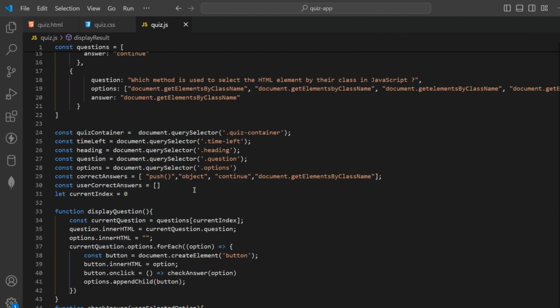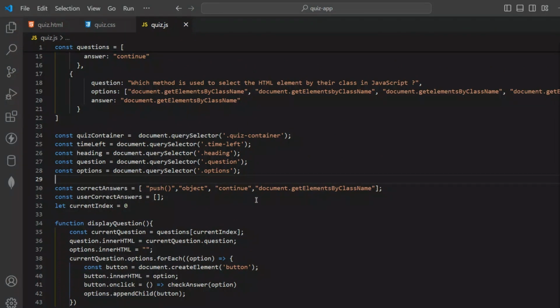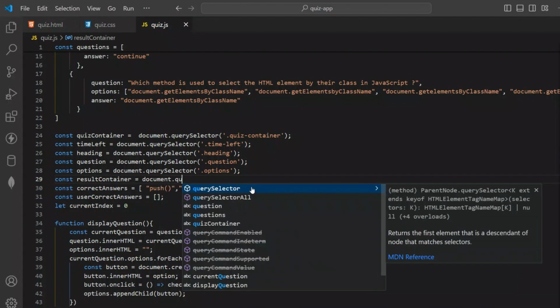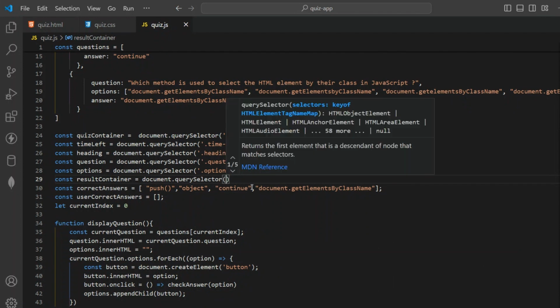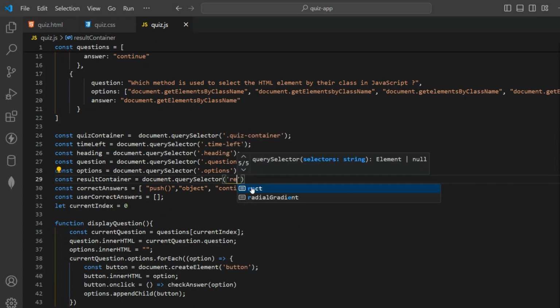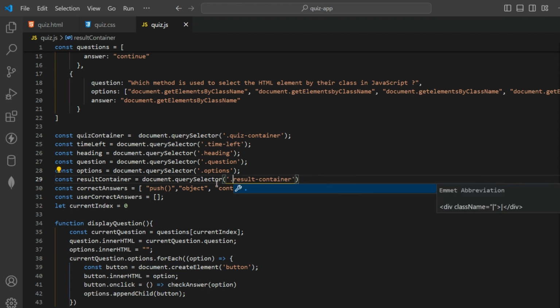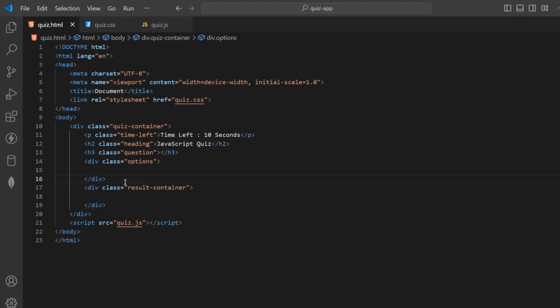Let's create a variable called result container, and inside it we're going to select that div tag with the class name result container. Here we have to add a dot because it is the class name. So now inside this result container, we are going to store